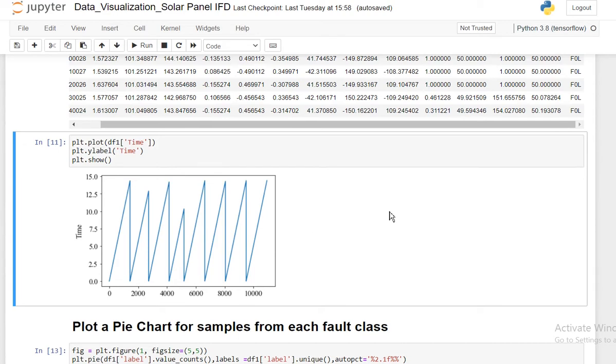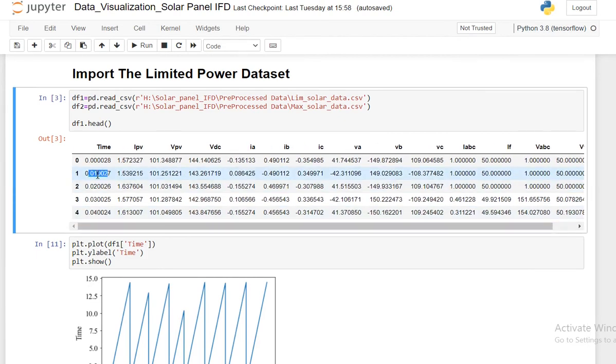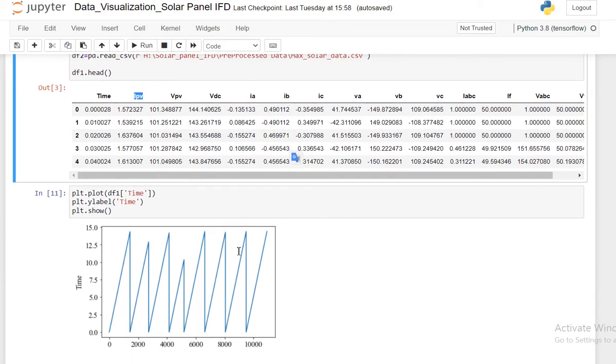And for that reason, the time in seconds doesn't matter as an input. Instead, all the other parameters like current, voltage and other features which define the characteristics or the dynamics of the system will be more important to recognize the classification pattern for the fault. So that is why I'm not including time as one of my input features for this fault diagnosis task.